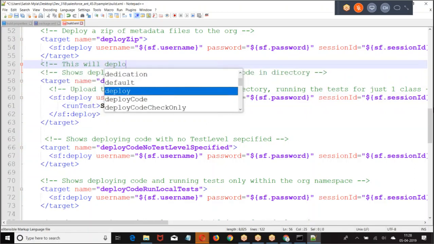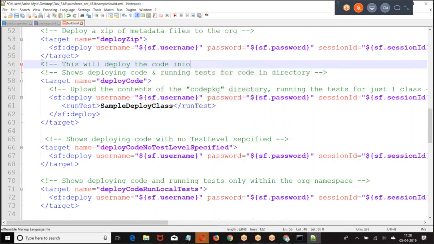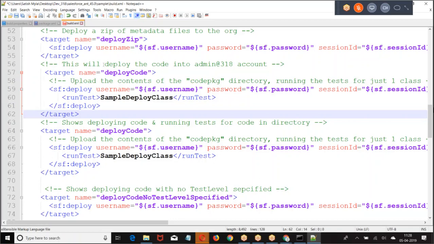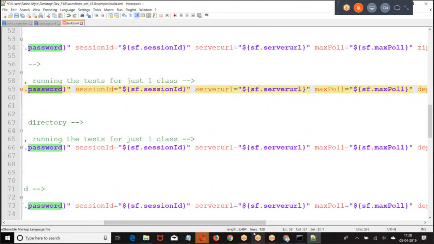Deploy the code. Now, deploy my code. Username, password, session ID, server URL, max poll.